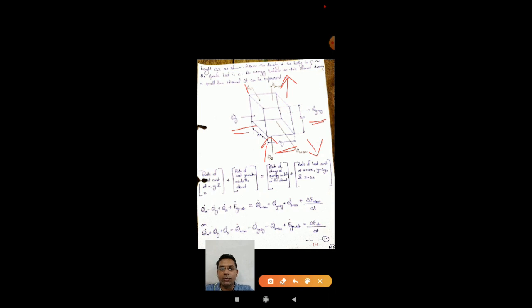The important thing to be noticed here is the area. As I've said earlier also, heat is always conducted normal to the surface area. So when qy, the heat is conducted in the y direction, then the area considered will be this one, that is delta z into delta y. In the same fashion all other areas are considered. So this is an important aspect.